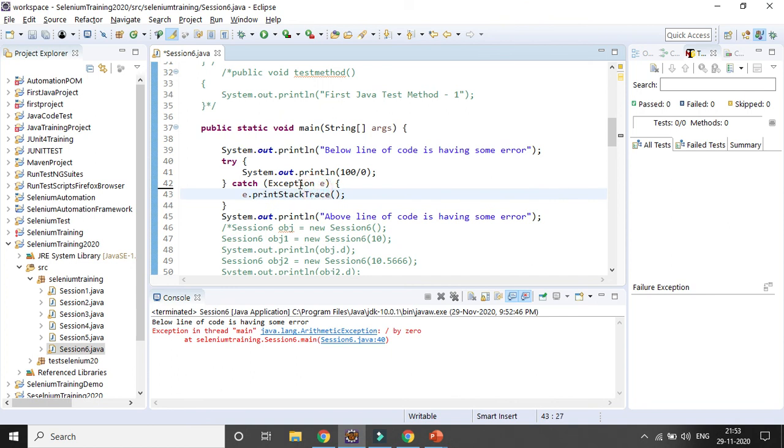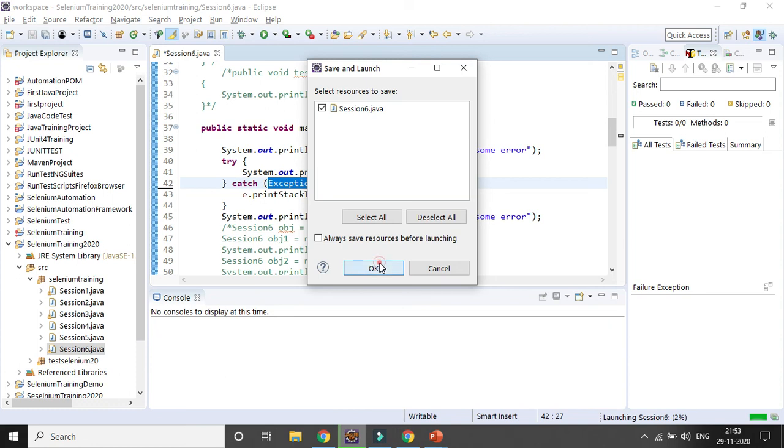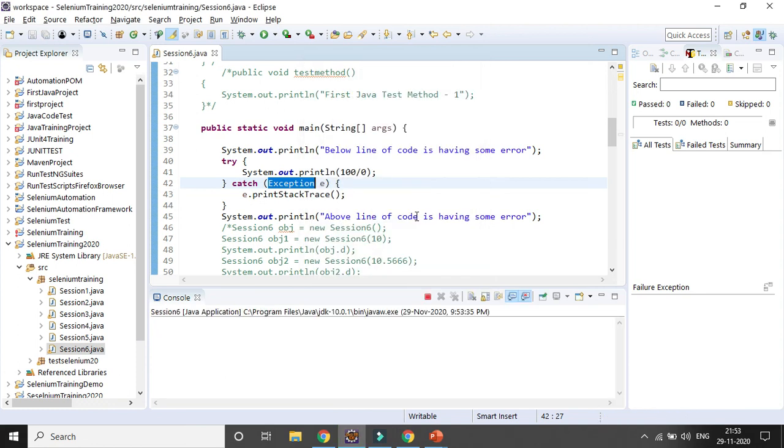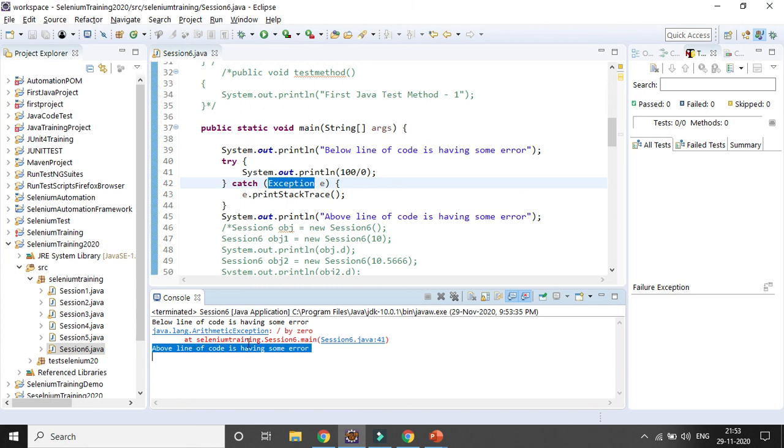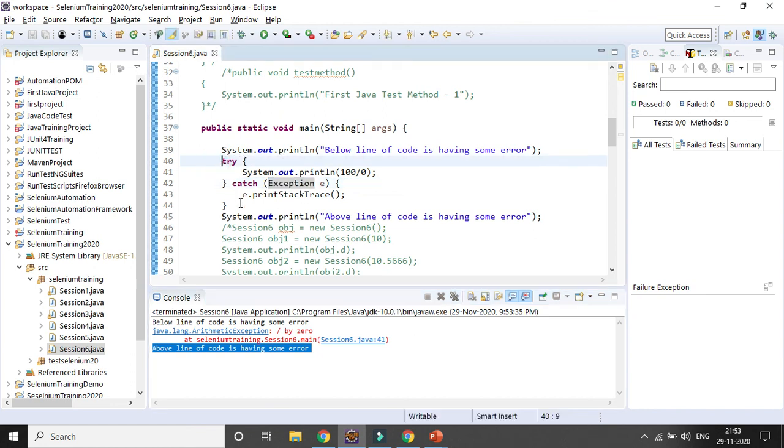Now see, it is handled with the exception, right? Now let's run the code and see whether the exception is getting handled. The exception is getting handled and the next line of code is getting executed, right? So the exception will be there definitely, but your next line of code is getting executed. That's why, with the help of a try catch block, we can handle the exception.